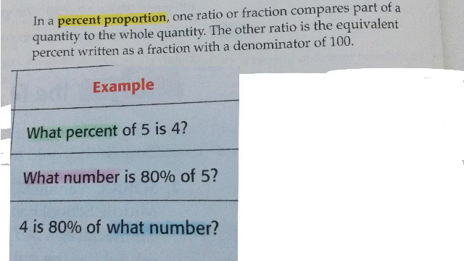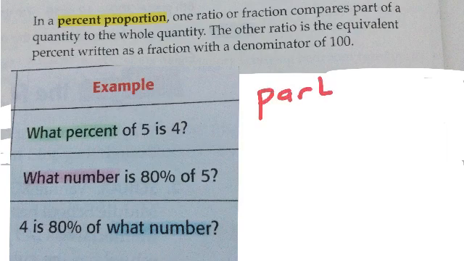So this is going to be a percent proportion, which means one of the numbers we're going to be dealing with is going to be a percent. One ratio or fraction compares part of a quantity to the whole quantity. The other ratio is the equivalent percent, written as a fraction with a denominator of 100. So